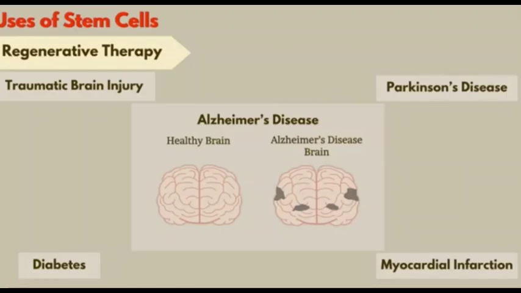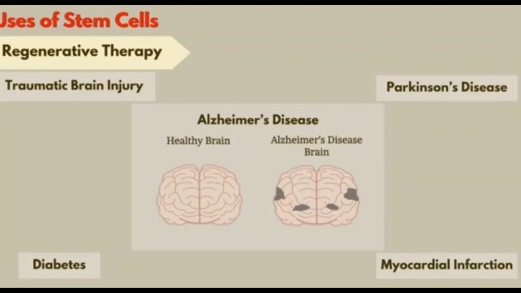Now we will see the uses of stem cells, that is for regenerative therapy. Regenerative itself you can understand, to regenerate something. So in that, cell therapy comes first. In that we are just replacing the dead cells in some of the conditions given here. First one we can say is Parkinson's disease. Parkinson's disease affects the central nervous system, and because of that the body movement is affected. So continuous shivering we can say. The holding capacity of some things is lost.